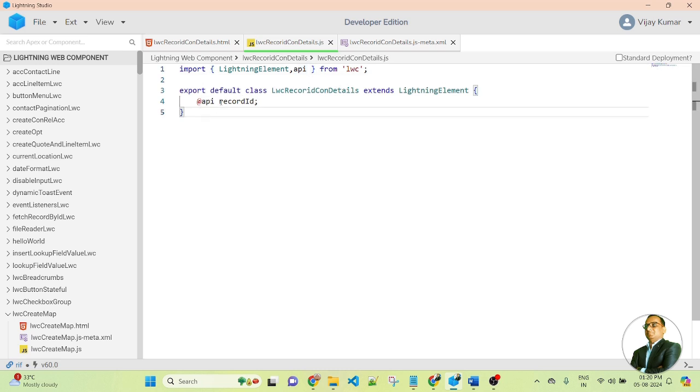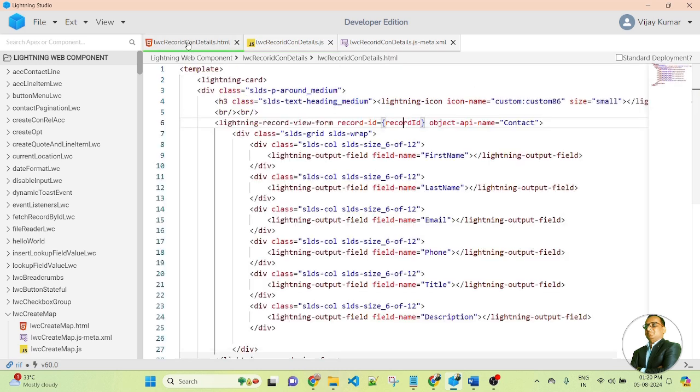I am creating recordId as an @api property, and I call this recordId in the LWC component here. For the object API name, I am passing Contact, because I am getting the detail of the contact record based on the record ID.